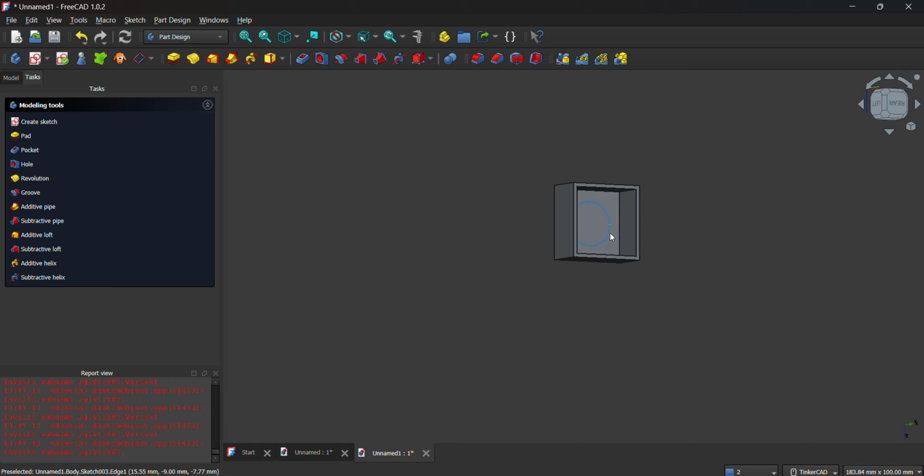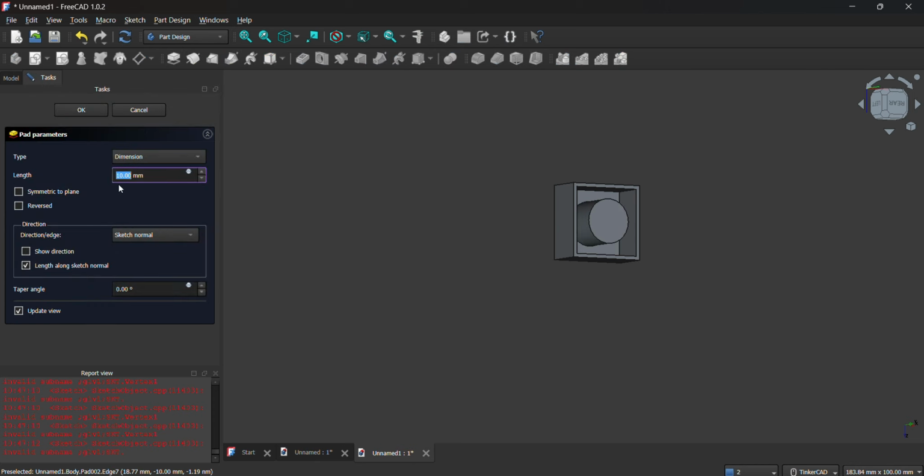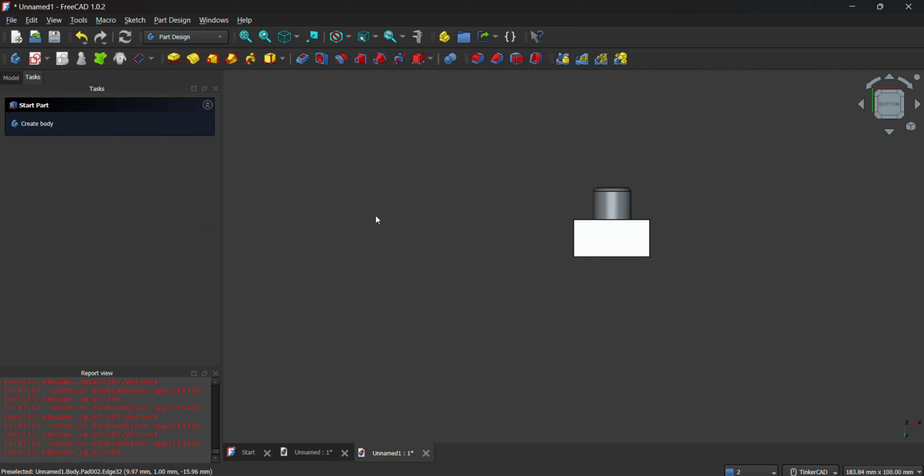Okay, before we can create a hole, we have to make it a solid object. So let's use the padding first. Okay, again, do not set it to 10 mm. Why? Okay, let's look at this. If we set 10 mm, sorry for the noise of the dogs and the kids. This must not be 10 mm because as you can see, it's going to protrude from the base. Look at this. It's more than this, and it doesn't look like a Lego anymore. So you have to reduce the 10 mm to 9 mm, and you can even make it smaller. Okay, so let's see. See, it's already like that.